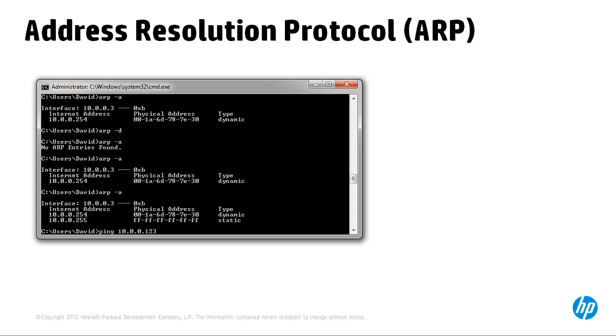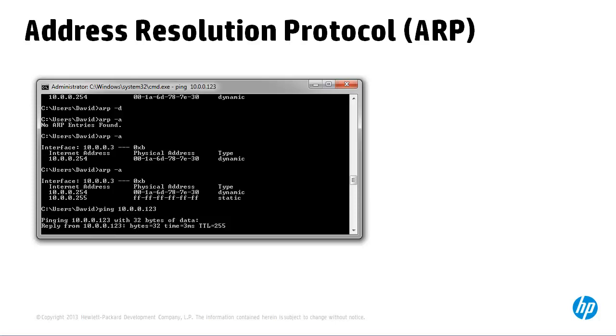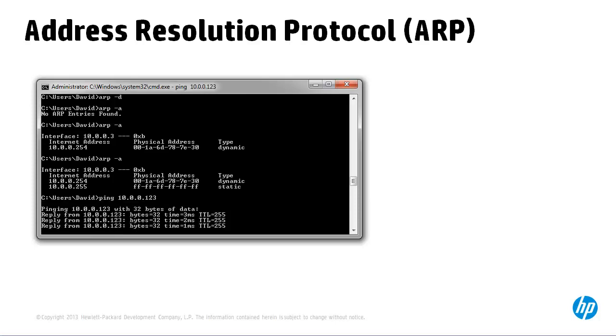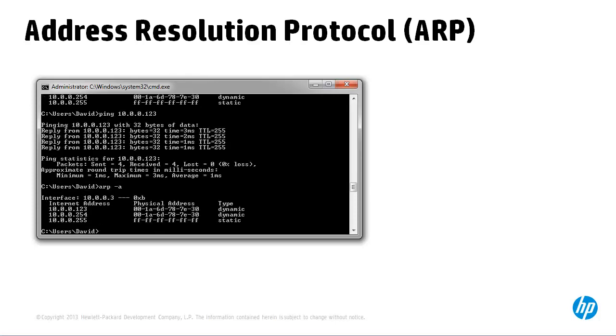So if I ping 10.0.0.123, there's no entry in my ARP cache for that address. Notice the ping succeeds. And if I look at the ARP cache, notice there's an entry for 10.0.0.123. This is another IP address on my local router, so the MAC address is the same address as for IP address